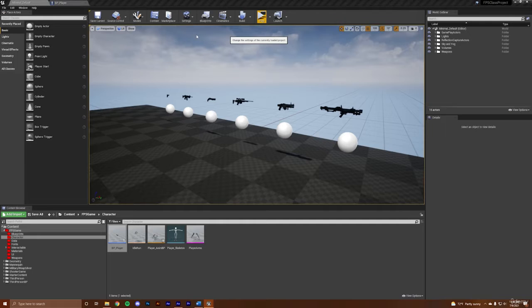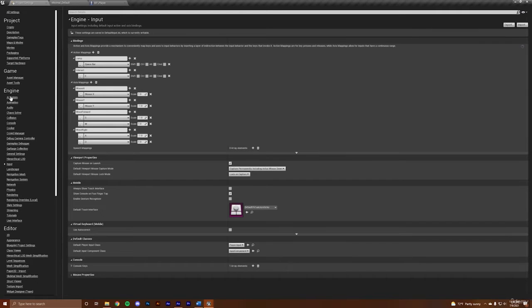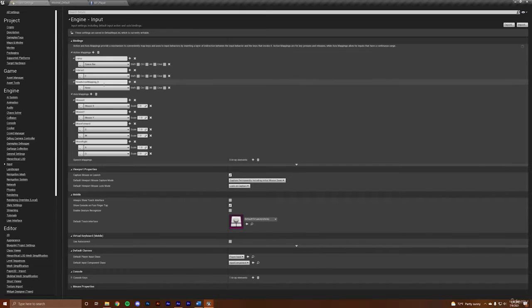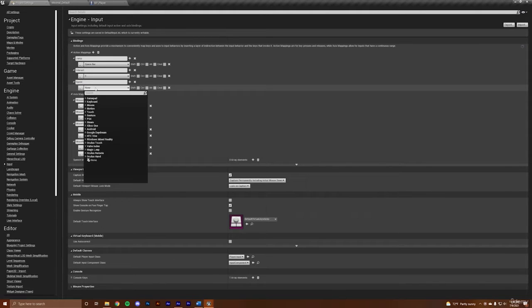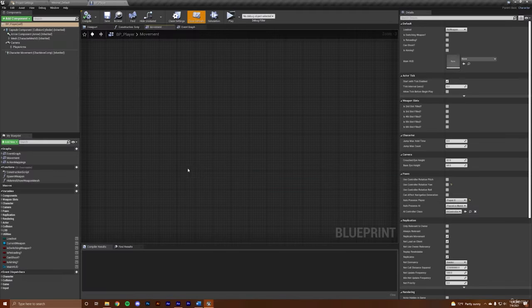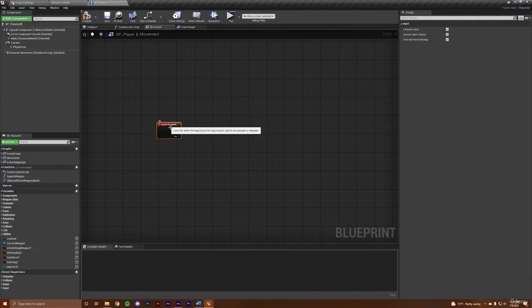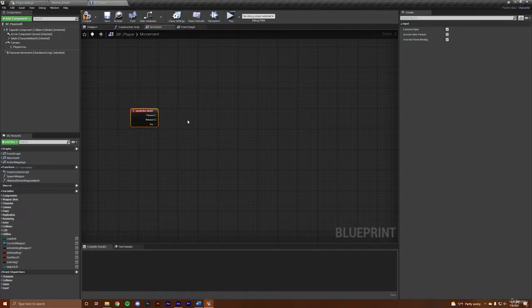So let's go into our settings, project settings, and then input underneath engine, and let's create a new action mapping and call this sprint, and let's set that to our left shift key. So now when we go into our movement graph, we can call upon sprint like that, and we could start